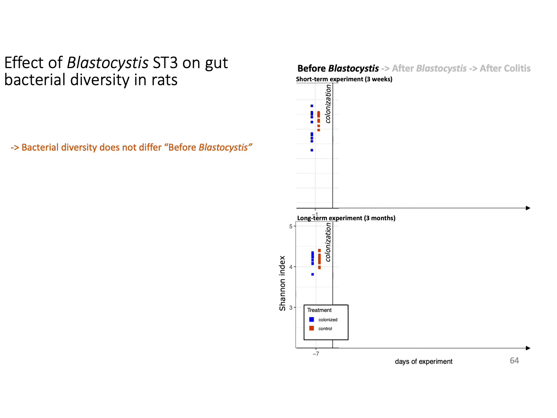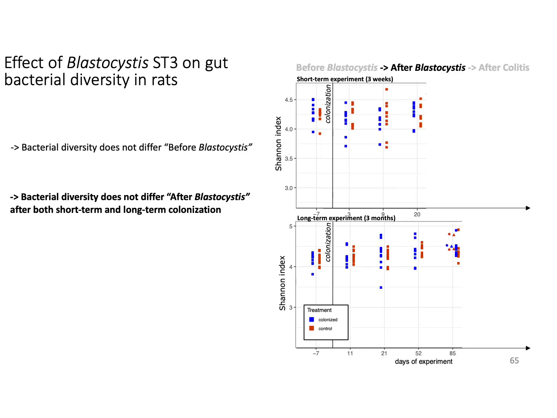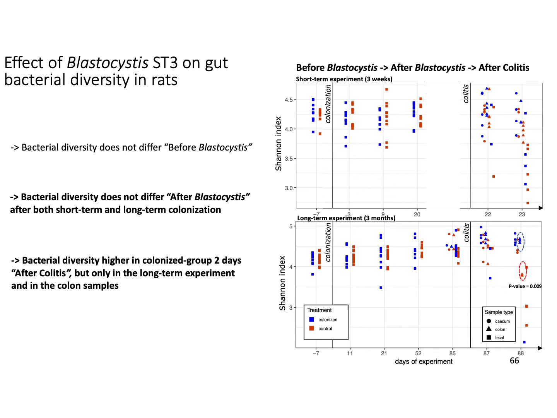with and without Blastocystis. And we see that before the Blastocystis is introduced, there's no difference between the rats at this point. There's no difference in the gut microbiome diversity. And we don't see any difference in gut microbiome diversity after Blastocystis inoculation either, so we don't see any experimental change in the gut microbiome diversity when we experimentally inoculate Blastocystis, even after 3 months. We do see a change